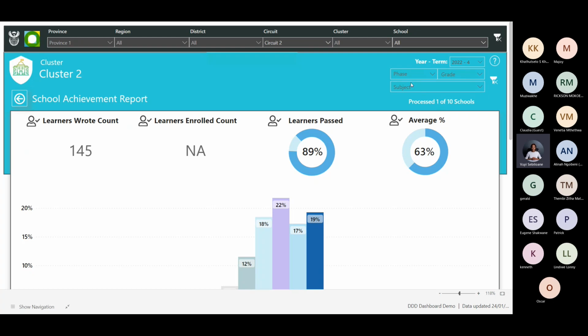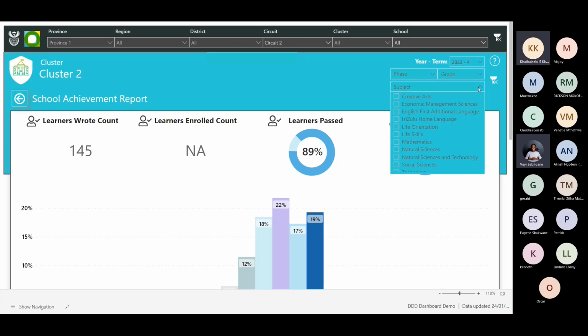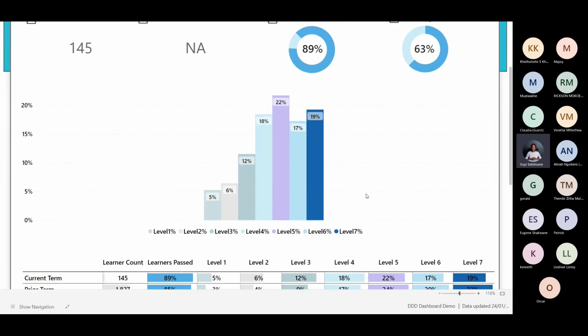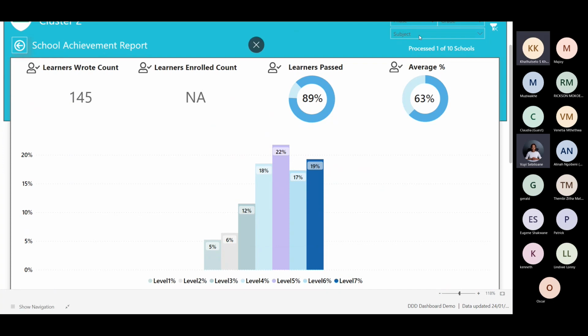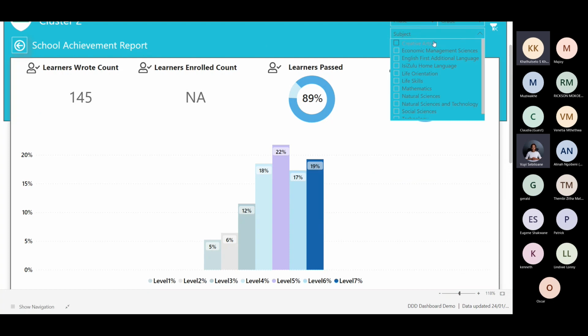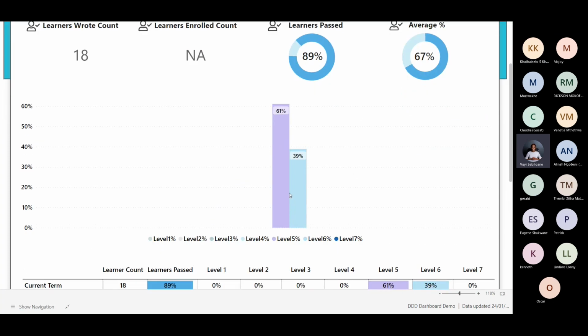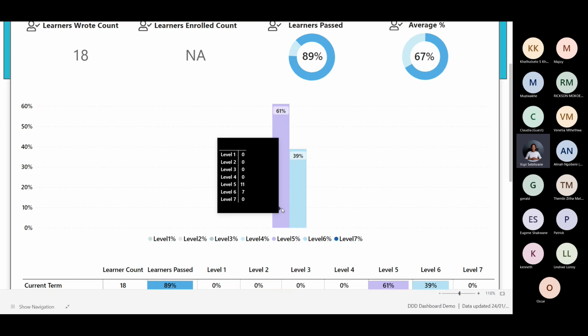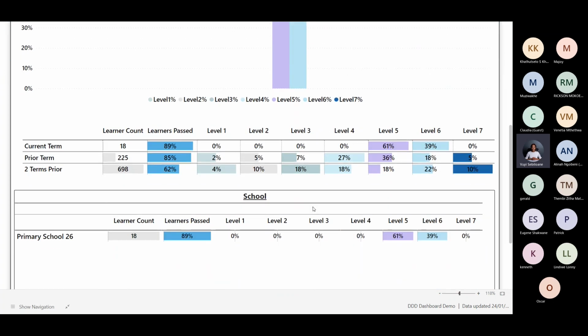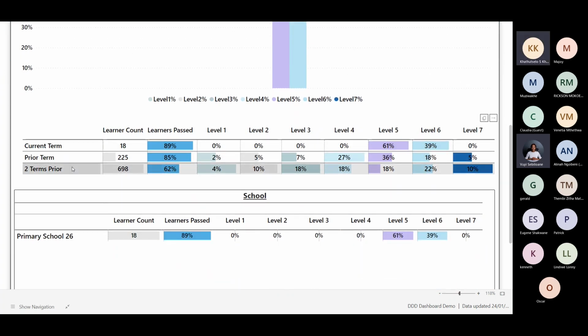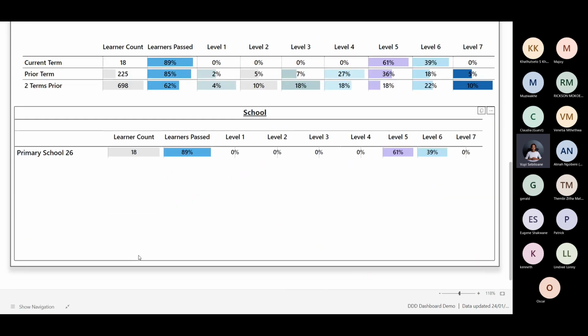Here, colleagues, I would recommend that you filter for a particular subject so that you can make the data talk to a particular subject. And you can then see things like levels passing for that particular subject. If I was selecting a particular subject, let's say creative arts, I will see that most of my learners are lying in level 5, so I know that this subject is performing quite well. And you can also see the breakdown over 3 terms over here. And then you can also see your,